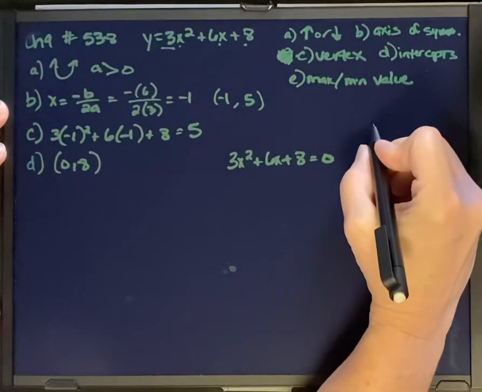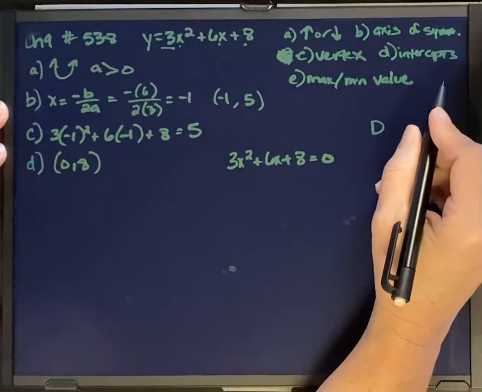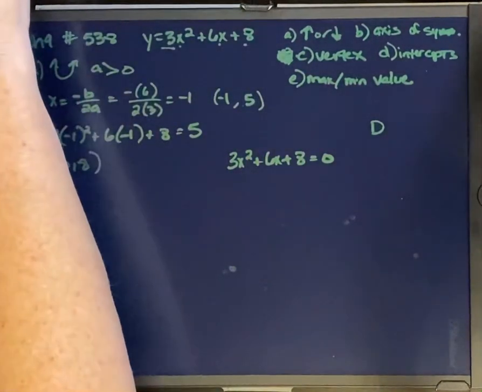So you can always try to take the discriminant as well to see if that will identify anything for you. And if you do that,